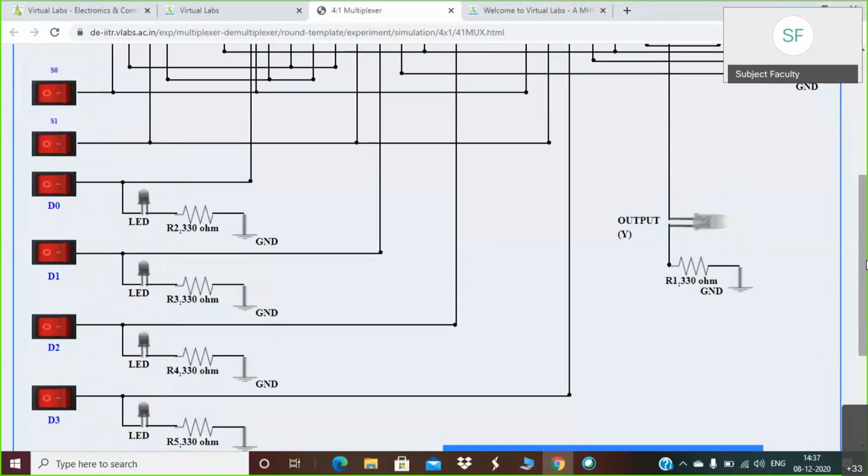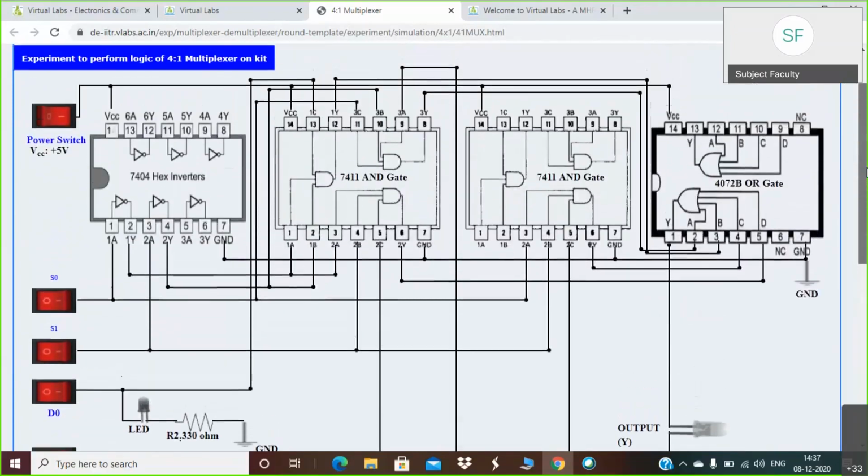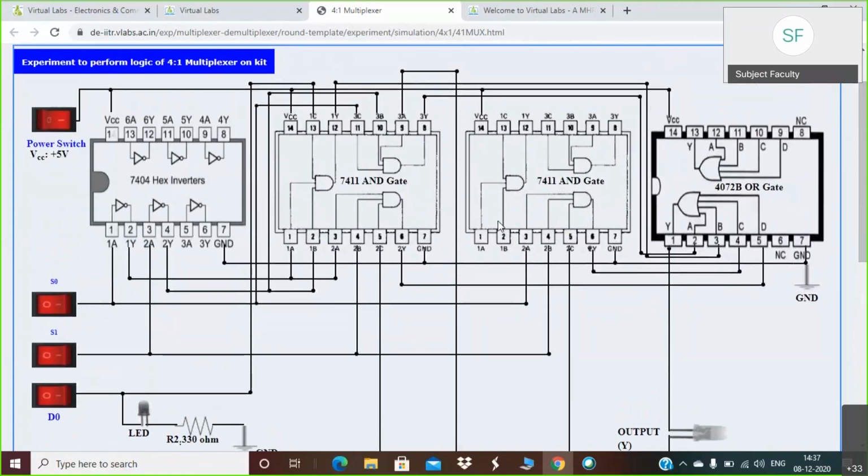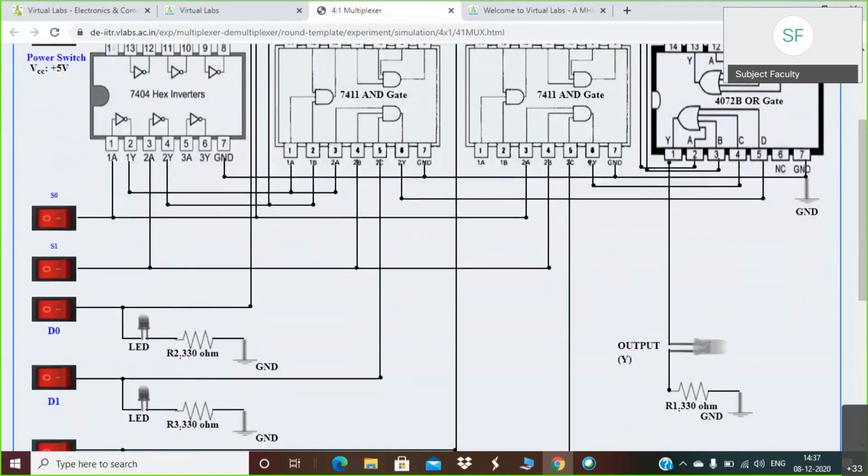Again I am telling you, you don't have to worry about the ICs. Let's assume it is internal connection. Just remember how your symbol looks. Since it is a multiplexer, your symbol of multiplexer will be like this. Just remember the block diagram.